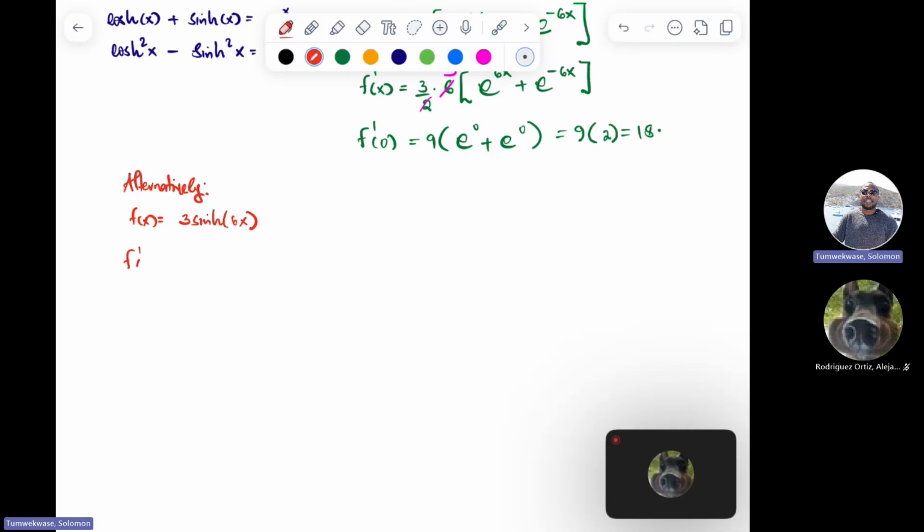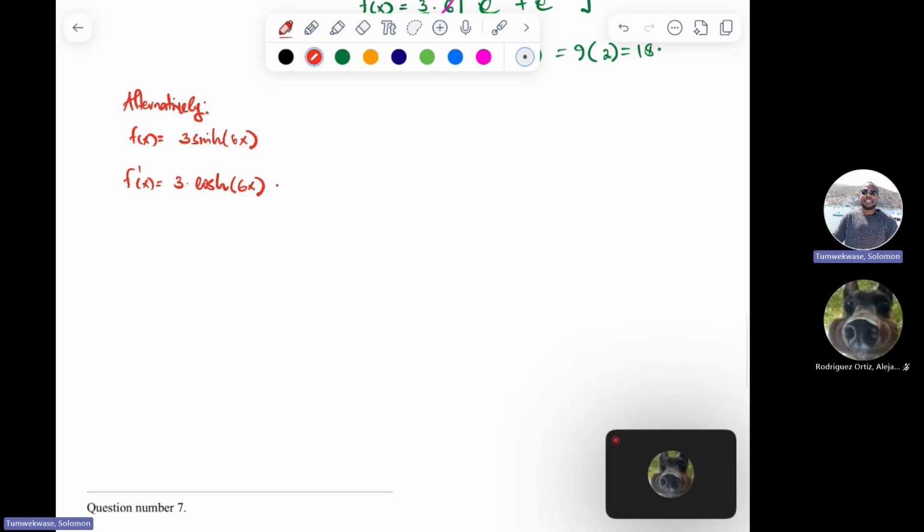The derivative of this function: 3 is a constant. Take the derivative of sine hyperbolic, that is cosine hyperbolic. Keep the angle the way it is, then times the derivative of that angle. That is how the chain rule works. The derivative of that angle is just 6, which means this derivative is 18 cosine hyperbolic of